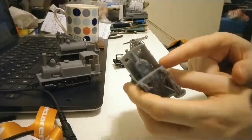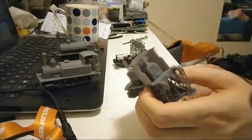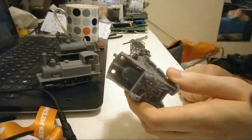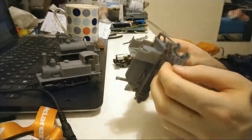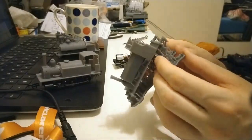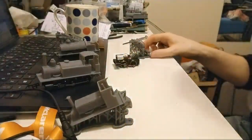So if I were to print a long, thin reversing lever or something just here, there's a very, very high chance that it would snap off in transit or something like that. So I didn't. That's the sort of thing you can put in with a bit of plastic strip afterwards. It's not difficult. So yeah, that locomotive,